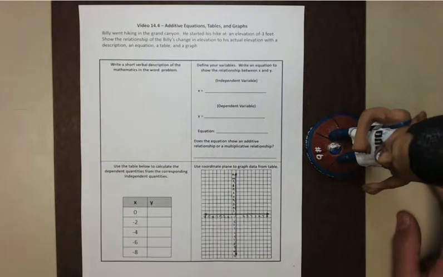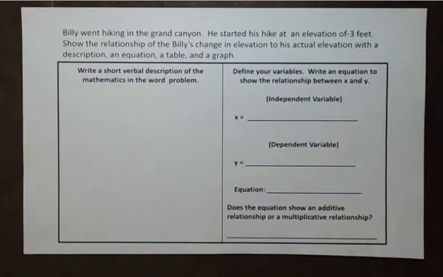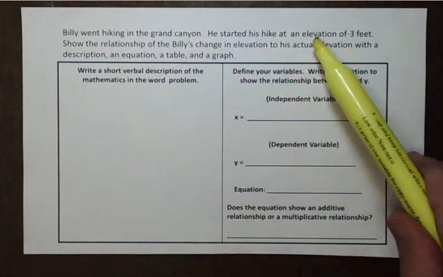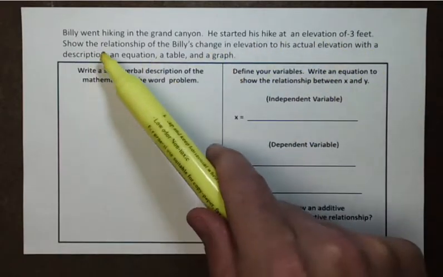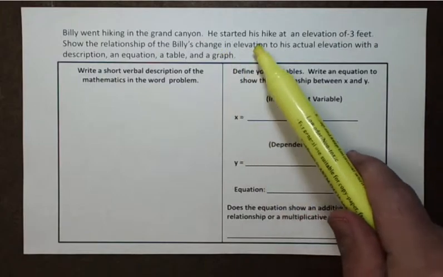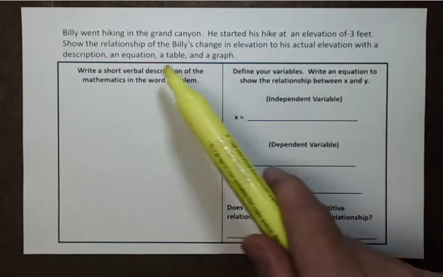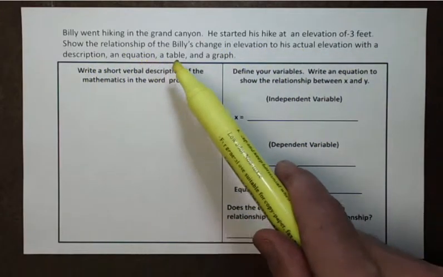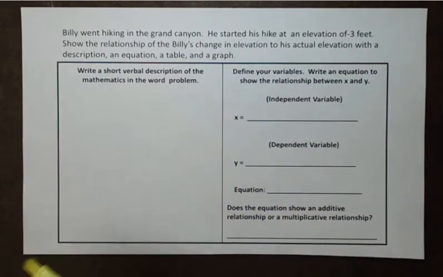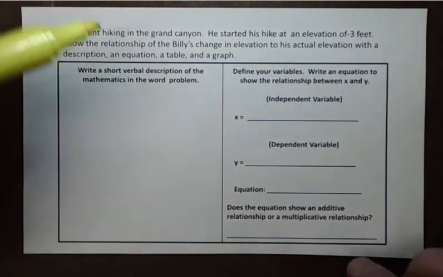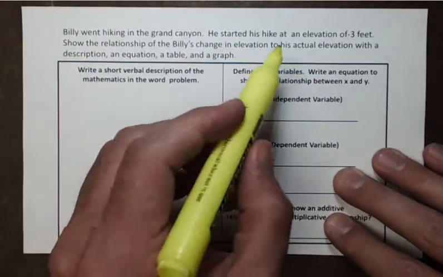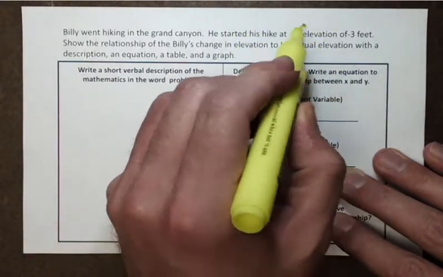Alright, let's begin. Billy went hiking in the Grand Canyon. He started his hike at an elevation of -3 feet. Show the relationship of Billy's change in elevation to his actual elevation with a description, an equation, a table, and a graph. So to start, we know that he started his elevation